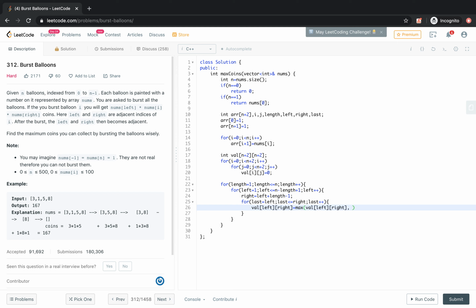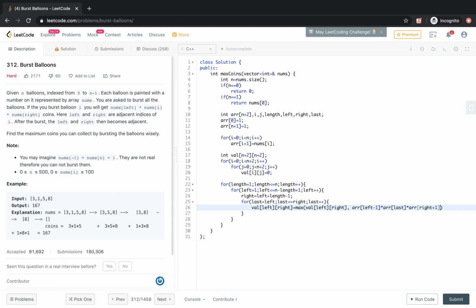So if you burst the last element, the cost will be nums left times nums last times nums right. Here, the left element will be the one before the left index, left minus 1, which we multiply with the last element, and in place of right it will be right plus 1.